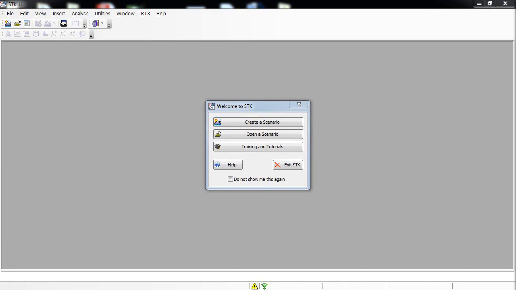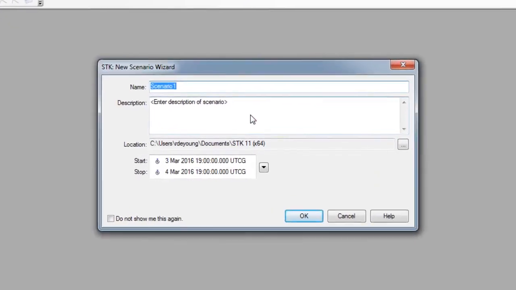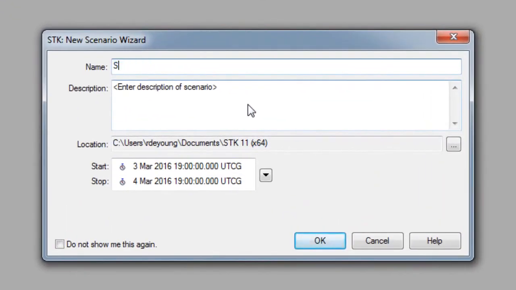In this movie, we are going to talk about the STK AzEl mask tool. First, we'll create a new scenario with the default time period. Click Create a Scenario. Give the scenario a meaningful name such as STK